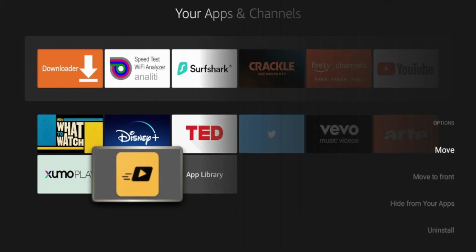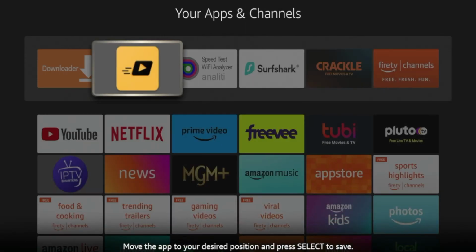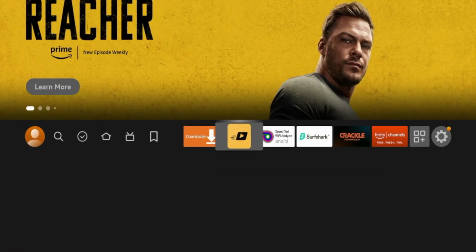Then click the Options button on your remote, click Move, and I'm going to move this towards the front of my apps list. Click OK to drop it, click the Home button, and here you'll see TPlayer towards the front